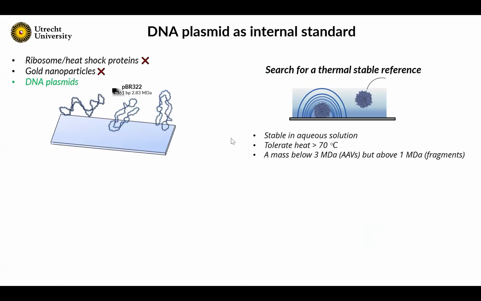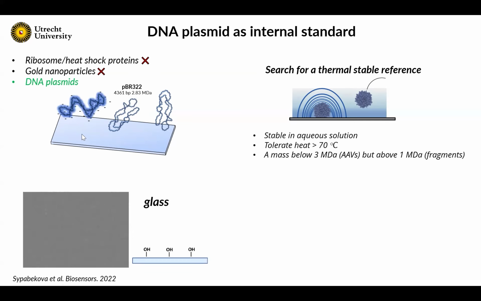Well, at first we tried some proteins that we thought would be heat stable and also nanoparticles, but that didn't really work out. We quickly turned our attention to DNA that we thought would be heat resistant, and then especially the DNA plasmid pBR322, which also has a nice mass. And when we started to measure this DNA plasmid at first, we ended up with our first challenge here, because